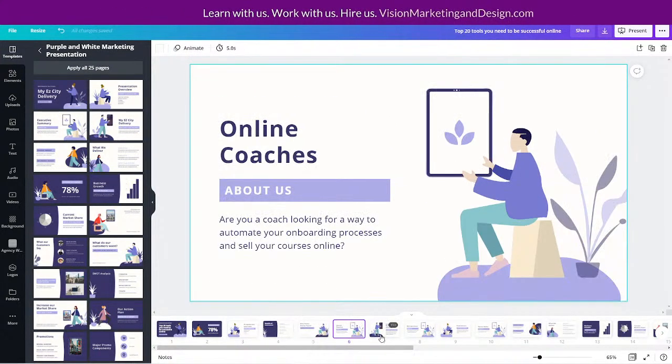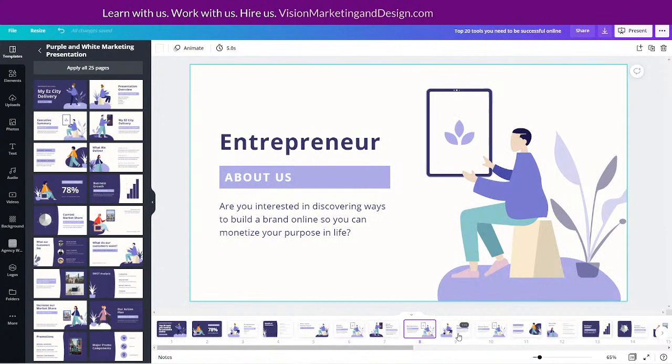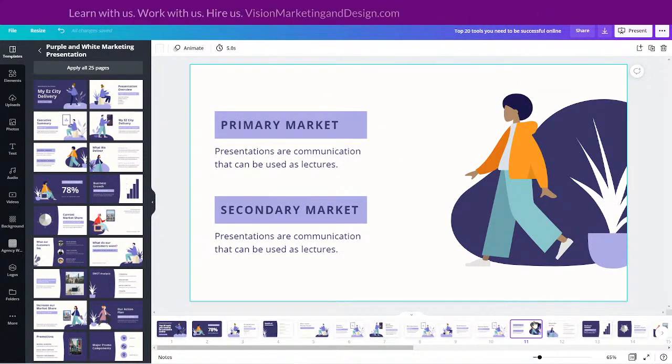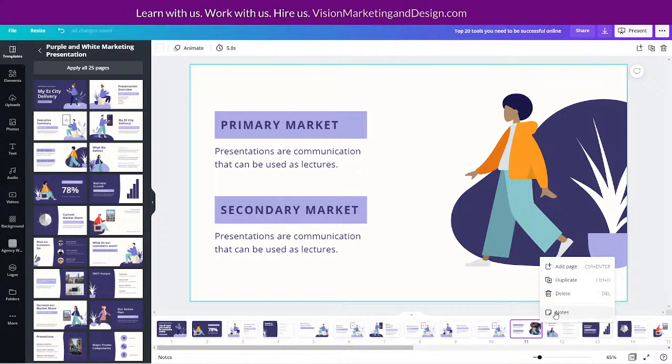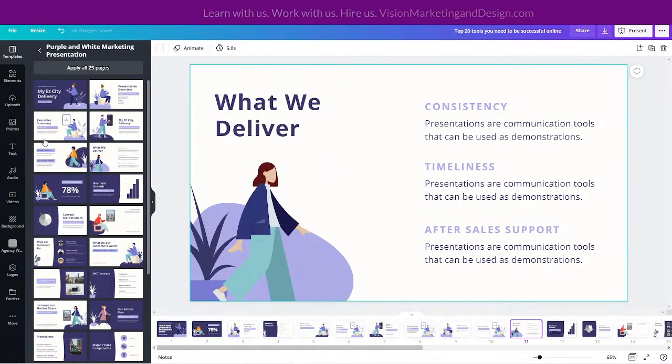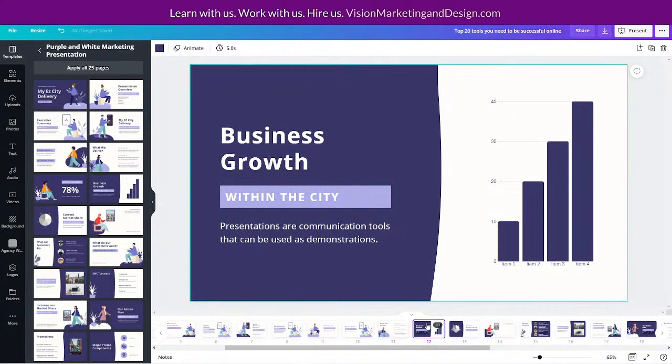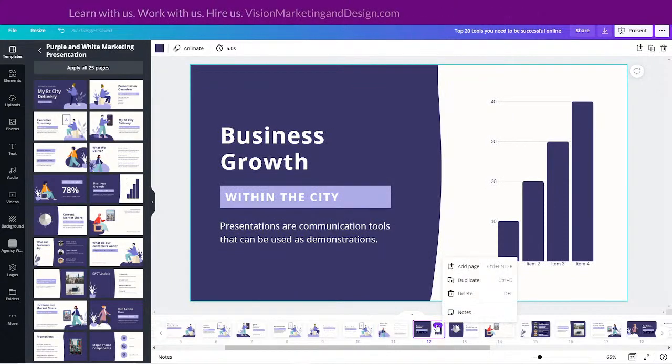Let's go through here and find the ones we're probably not going to use because we need to clean this up a little bit, right? So probably not going to use this one, so I'm going to delete. But I want you to notice that you can still bring in any of these that you want to use, okay? It's not gone just because you deleted it. It just means that we're getting it out of our timeline or out of our slides here so that we can stay better organized.